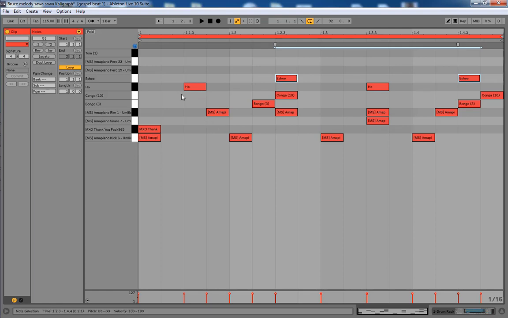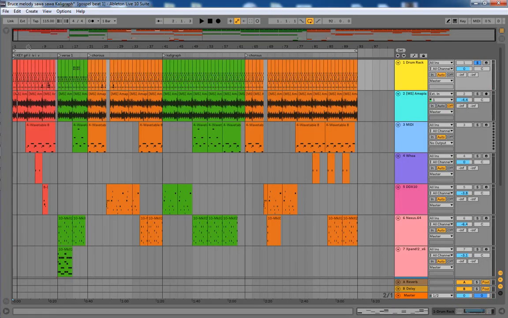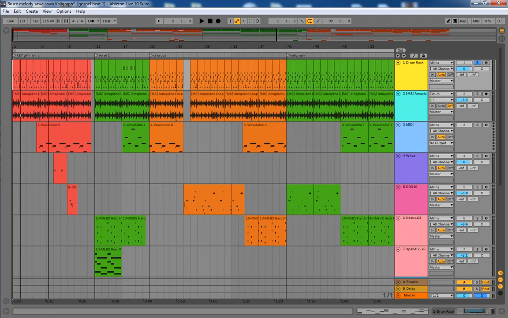So these are the samples that make up the intro, and for most of the song I just maintained this drum pattern. So this is how it sounds. Okay, that's the drums. So the other instrument that